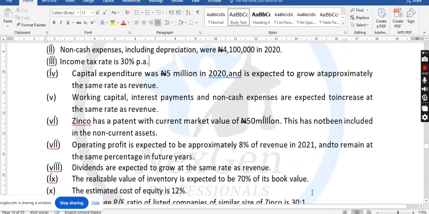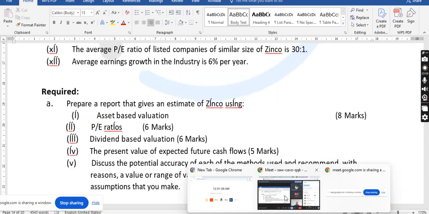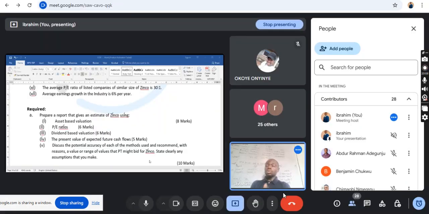You know our tradition is to read the required. We need to understand the required first before you say you want to solve. Please, it is very important for you to understand the required. Once you understand the required, it is assumed that you have already solved more than 50% of that question. Now, the first requirement: prepare a report that gives an estimate of Zinco using